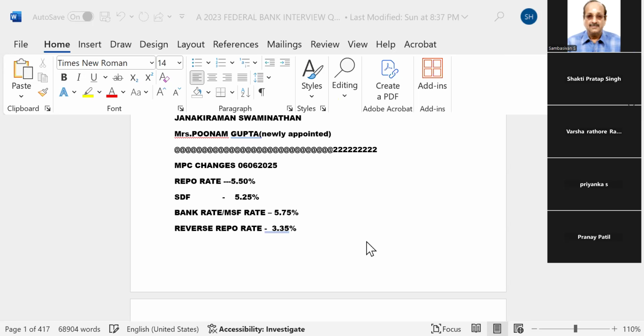This is a sure short question in central bank exams, where they will ask what is repo rate, how RBI is controlling inflation using repo rate. But if the question is how RBI is controlling inflation, you have to state RBI is controlling inflation by modifying the repo rate. Not only that, by adopting open market operations,